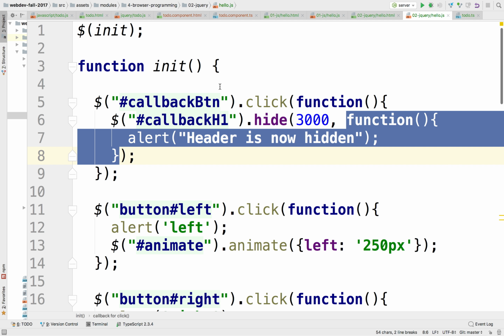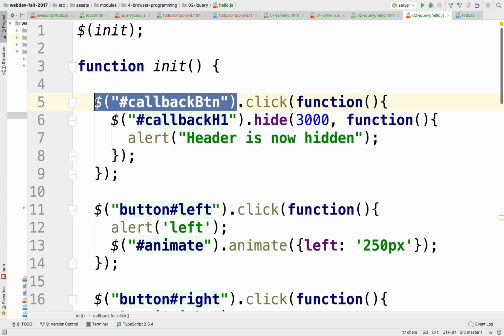So here we're saying if we click it, call this function. There it is. What's that function going to do? Well, the body says to hide it, and as it's hiding it, at the end, we're giving it another function as an argument, which is going to be invoked at the end of 3 seconds.